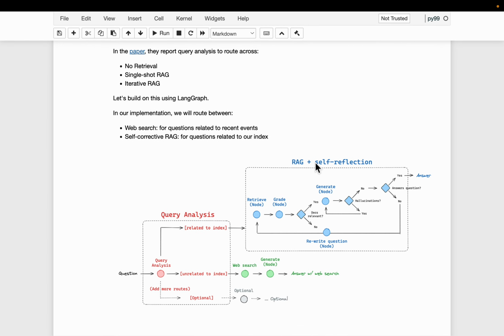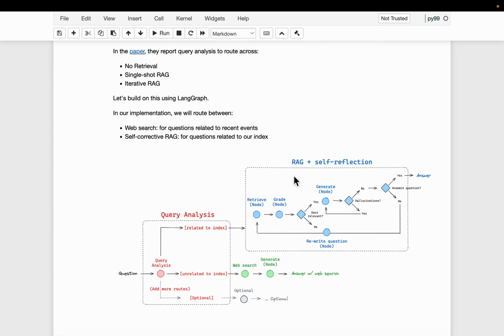The reason why it is called self-reflection is because after every step it is reflecting on whether the output makes sense or not. So we have three graders: the retriever grader, the answer groundedness grader, and the answer correctness grader.